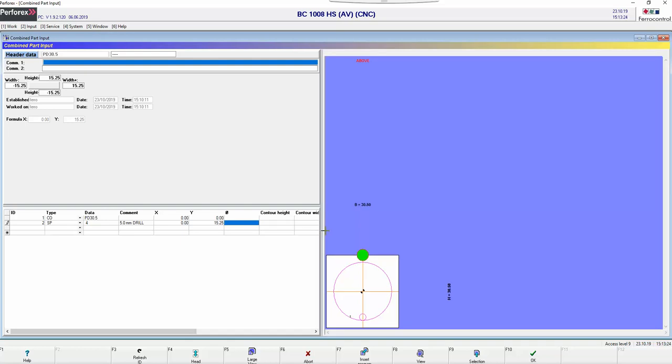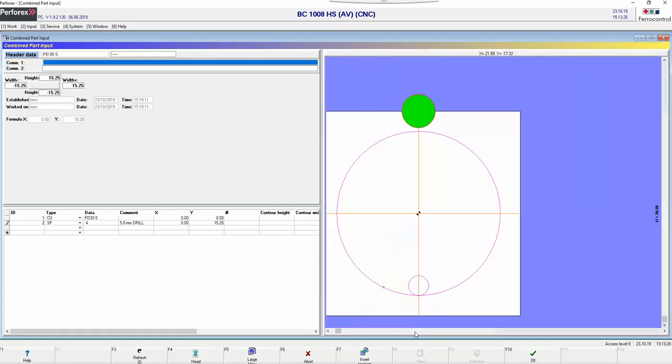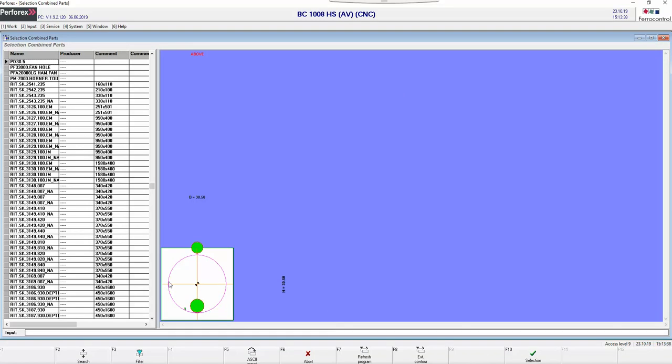Now, if we look at this, that looks pretty good. It's going to cut that anti-rotate drill hole in half when it cuts the contour. And I can save this and use it in my next